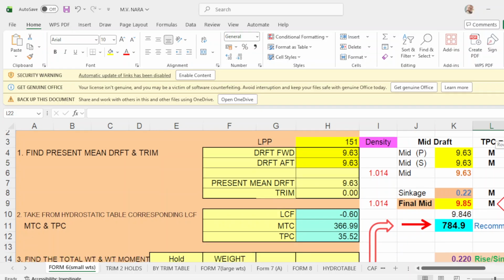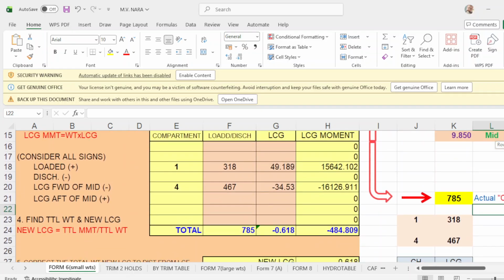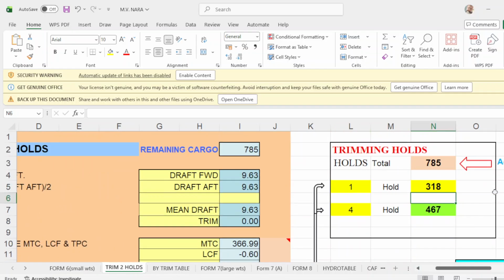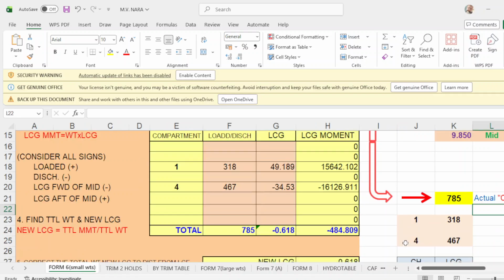Scroll down and take note that in hold number 1 you will load 318 and number 4 is 467, the same as here. In number 1 you load 318 and put the LCG, and in number 4 you load 467 and apply the LCG.